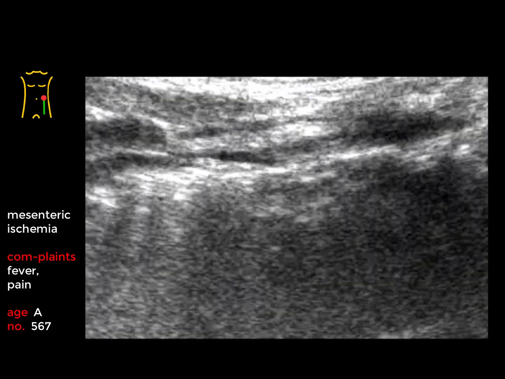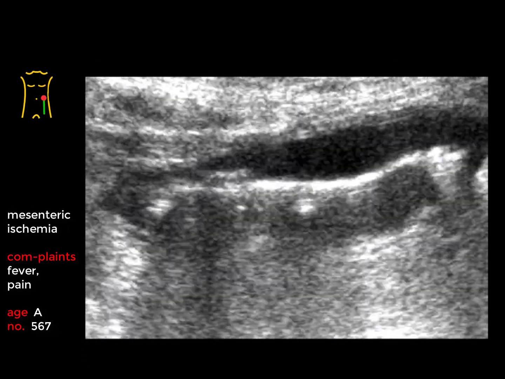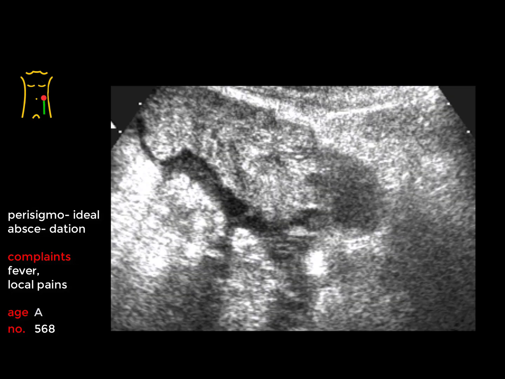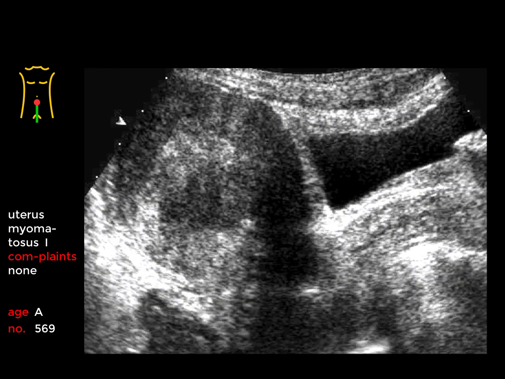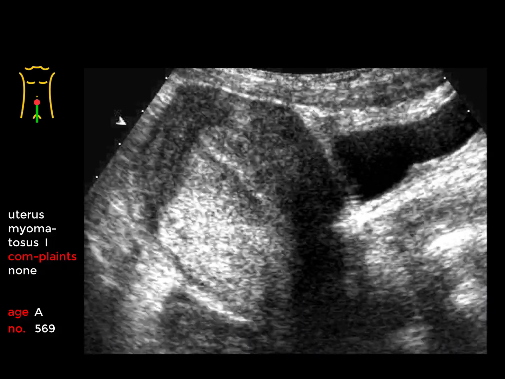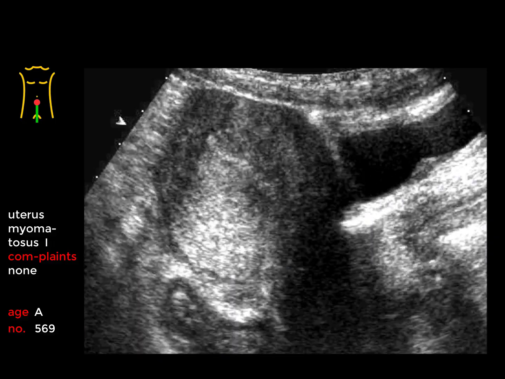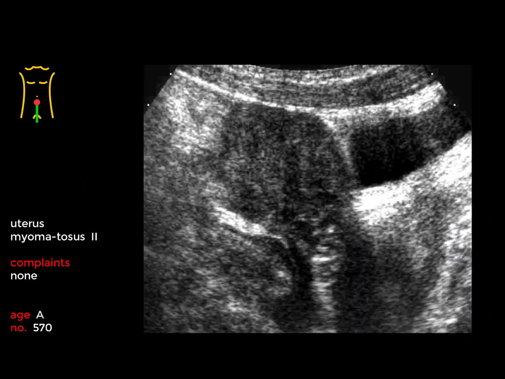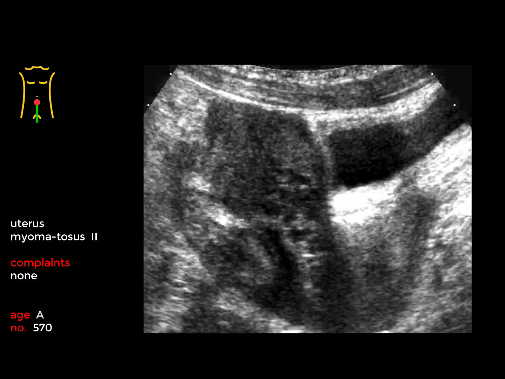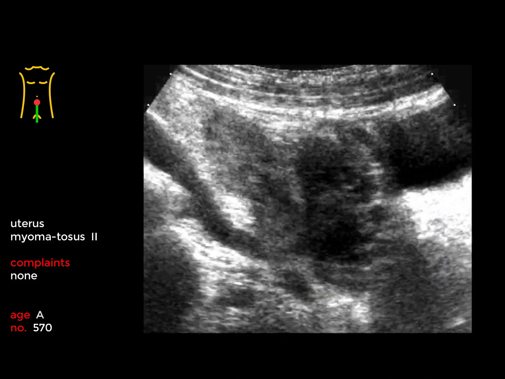Another case of mesenteric ischemia with thickening of the wall layers is seen here in case 567, whereas here in case 568, a purulent loop abscedation is seen, which leads to a sort of abscedation as well. Different myoma are shown here in 569 and 570, and the further course has to be decided by the gynecologist. As well as in the cases